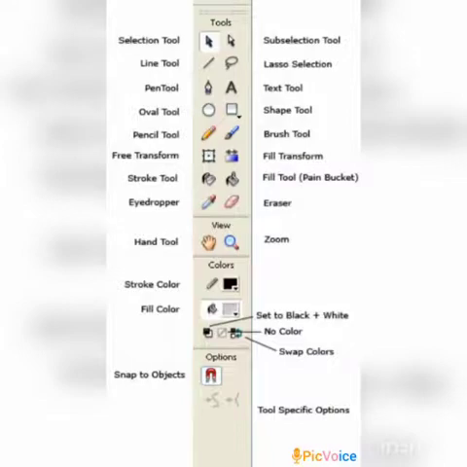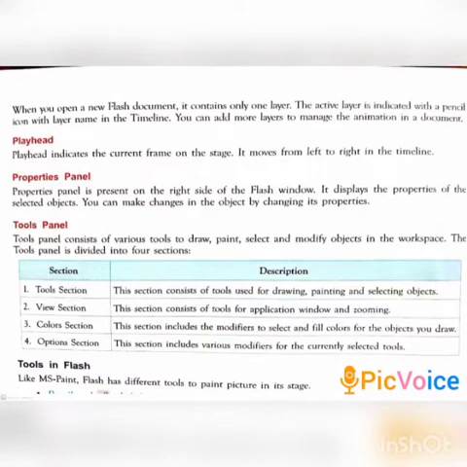The toolbox offers the various tools that let us draw, paint, select and modify graphics on the stage. The Tools panel is divided into 4 sections.